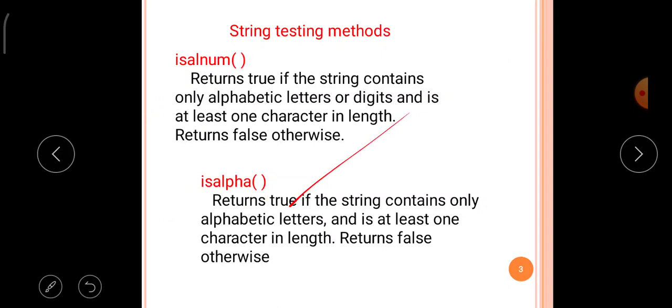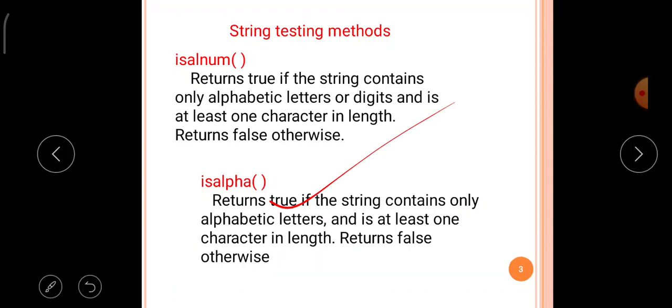It's quite natural. It returns false otherwise. That means the isalpha function verifies the given string, and if the string contains only alphabetic letters, A, B, C, D and so on, then it returns true. Otherwise it returns false.